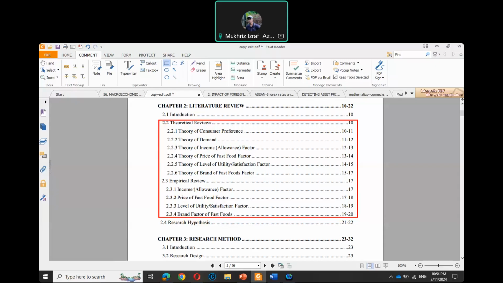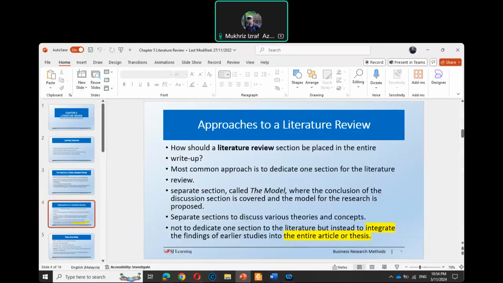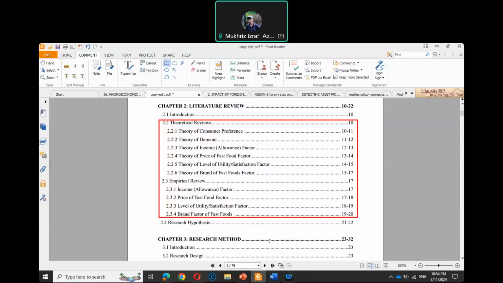Okay, and that's where you start doing your review to get a better understanding of what the factors related to the issue are, the topic that I have given to you all. Okay, so when it comes to writing your thesis, of course just now I mentioned this one particular chapter is dedicated to where you have read all the relevant articles, in the form of theory or empirical